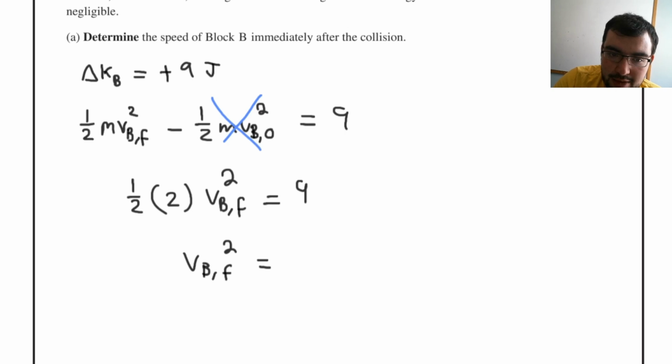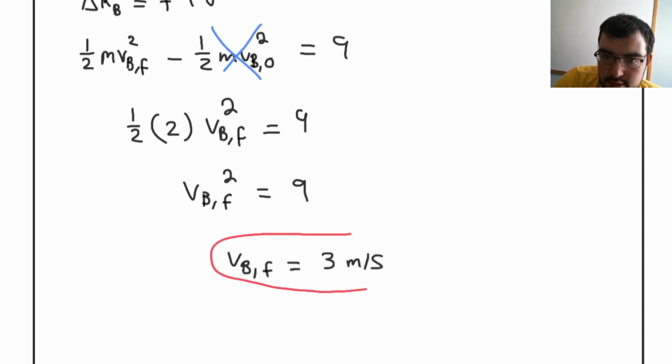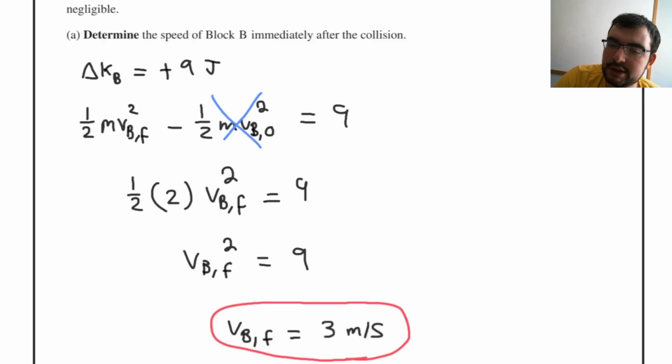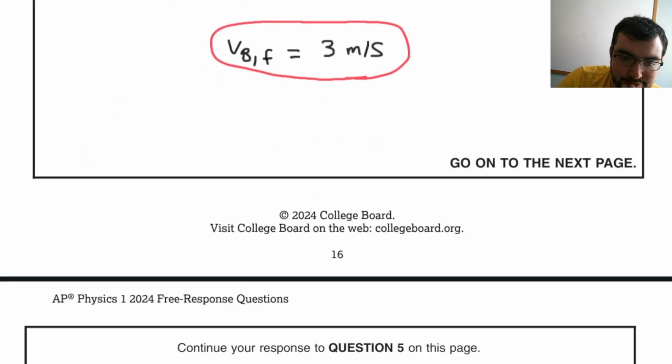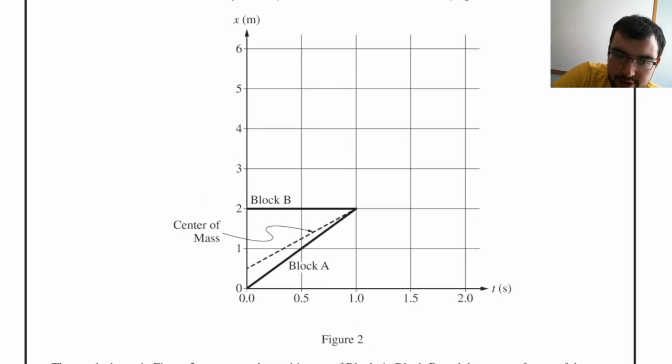So the square of the velocity of block B is 9. So that means the velocity final of block B is just 3 meters per second. And I know it's positive due to momentum. Okay, and now we have a graph. The graph shown in figure 2 represents the positions of block A, block B, and the center